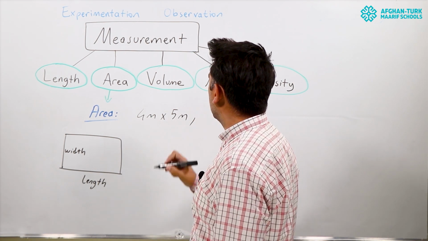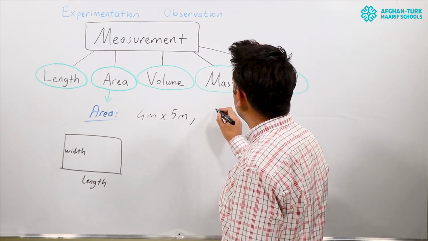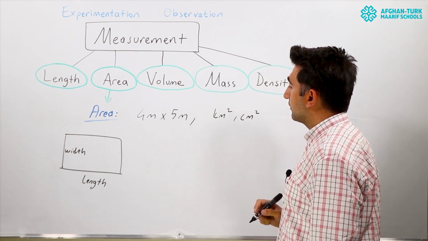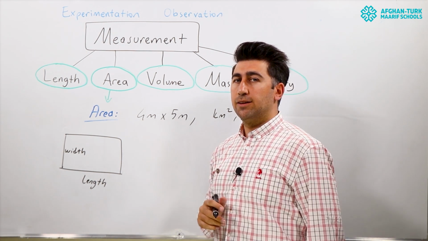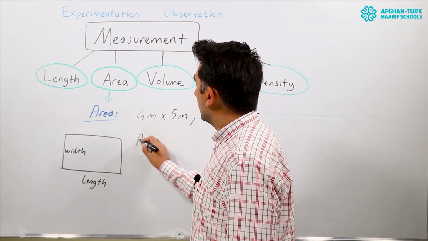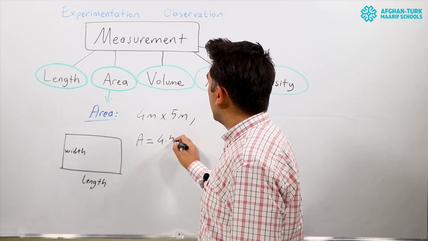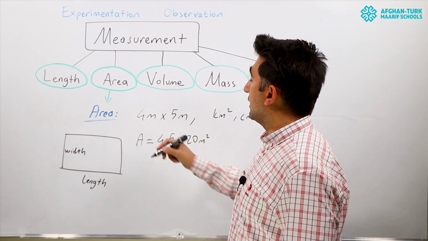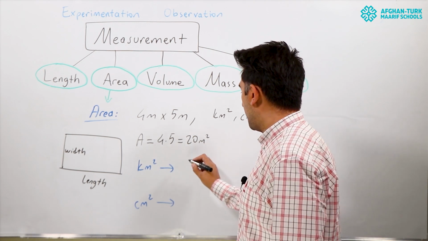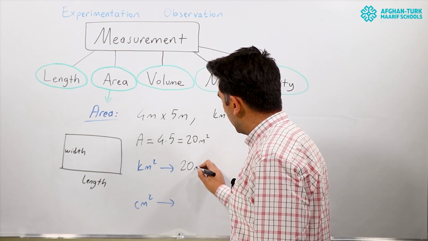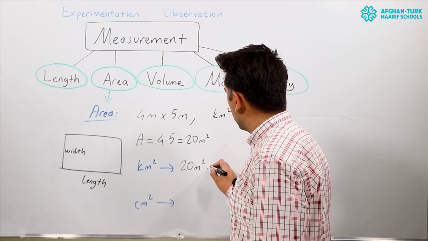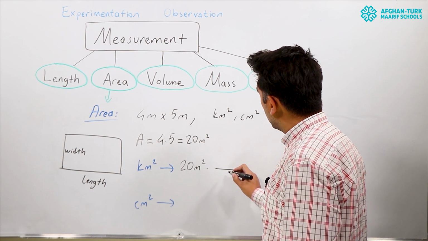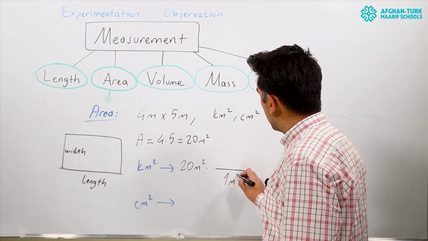So if we try to find how many kilometers square and centimeter square it will be. First, I have to find the area. Area is equal to 4 times 5, and that's equal to 20 meters square. That's because they are given in meter. First, I'm writing the given number, 20 meters square, times. I'm trying to find kilometers square, so 1 meter square is equal to